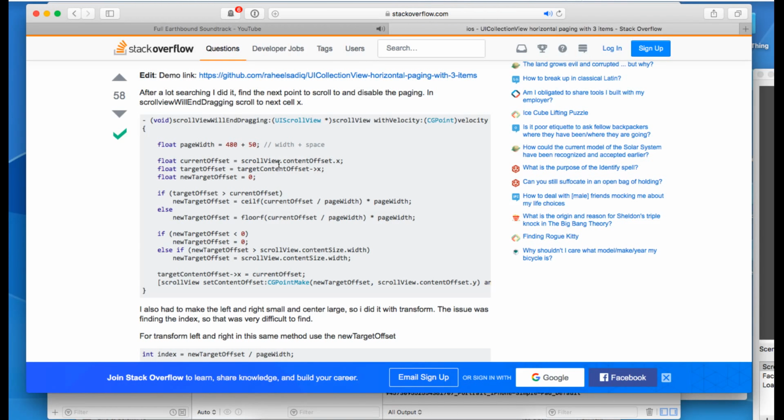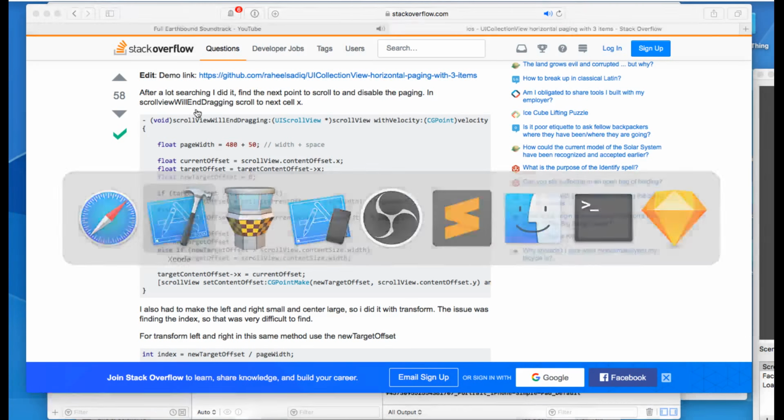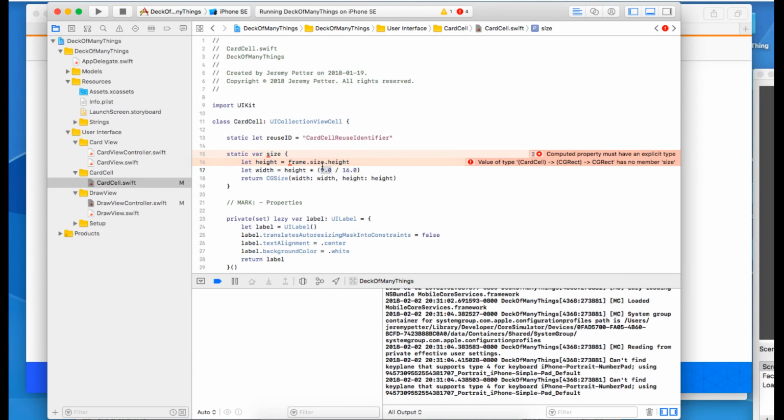It's cute. I'm trying to think where. I guess it's just scroll views in general that have paging. Wait, a collection view is a scroll view. Okay. So